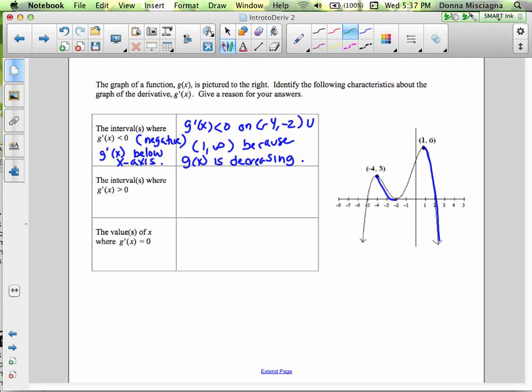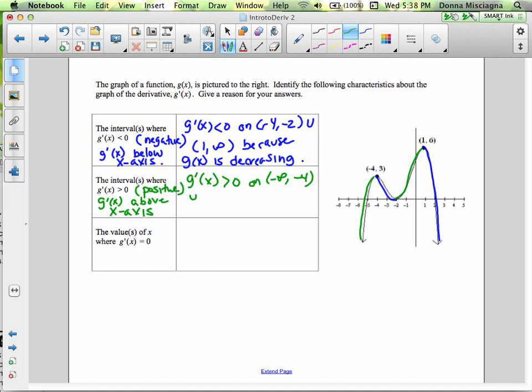All right, so now we have the intervals where g prime of x is greater than 0. In other words, the y values are positive. And g prime of x, if we were looking at a graph of g prime of x, would be above the x-axis. By the way, you might need to know that for an upcoming closing. Just saying. All right, so that's going to be here. Right, so from -infinity to -4, so g prime of x is greater than 0 on -infinity to -4, and